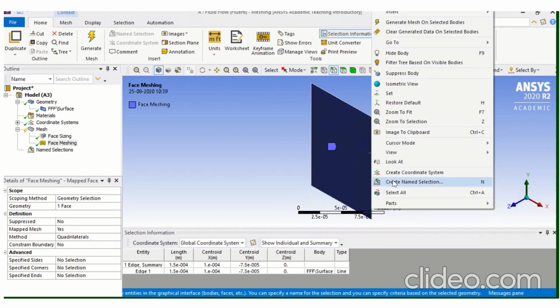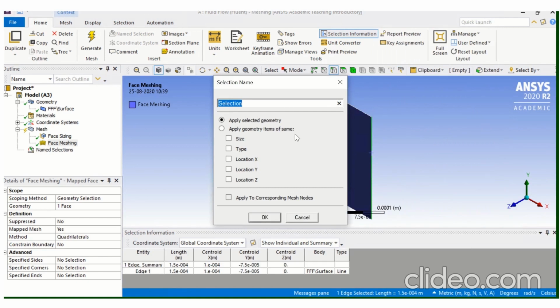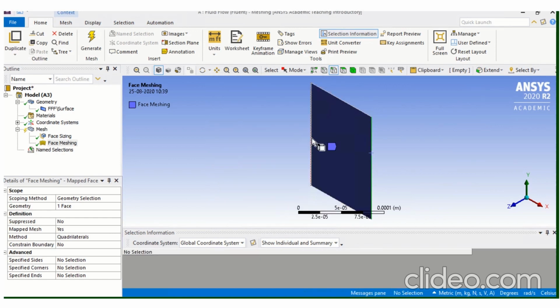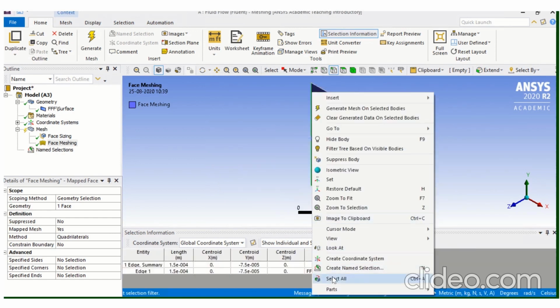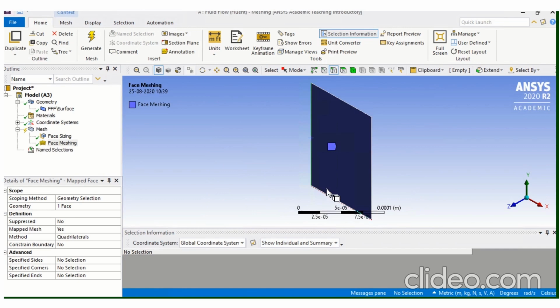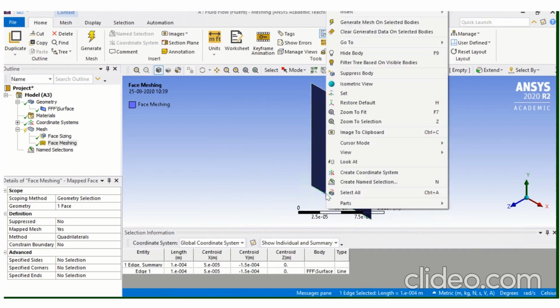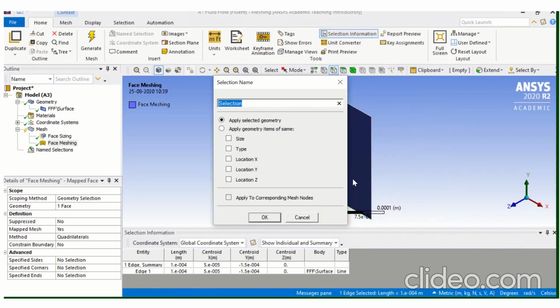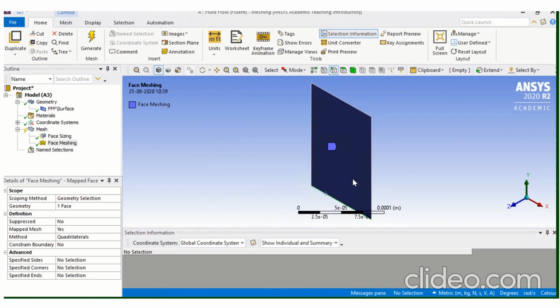Right click on the other faces and give them names accordingly.